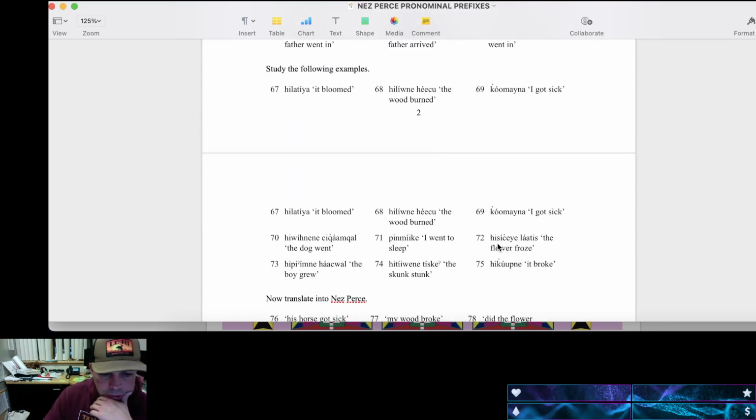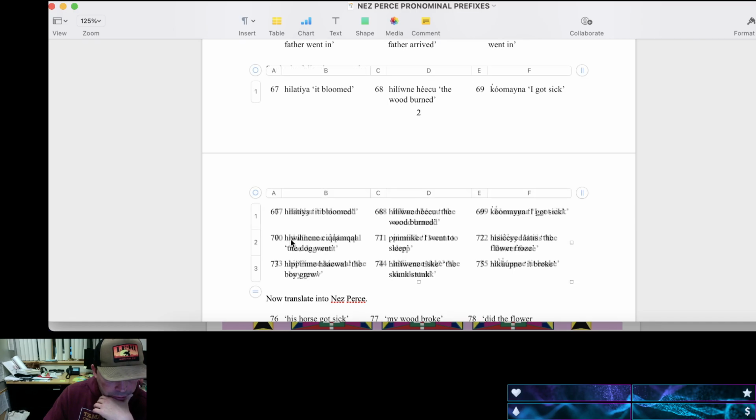This is a good example. Oh, or no, it's not. We're putting the hi right here on front of the vowel of the verb to go, which is wihne, W-I-H-N-E. He wihna. So we're just adding it right onto the front, and then we're adding the simple past tense on the end, and then we're calling out the noun. The tsikamkol is the dog, so it means the dog went. But if you didn't put the tsikamkol on there, it could just mean he, she, it, anybody went. Anything in the third person.